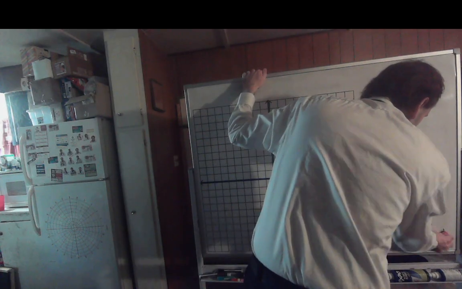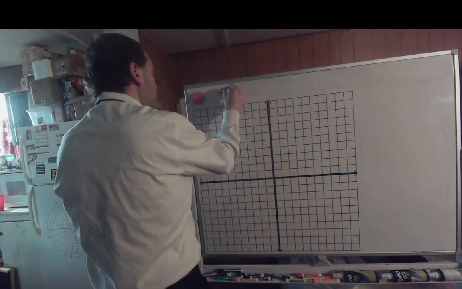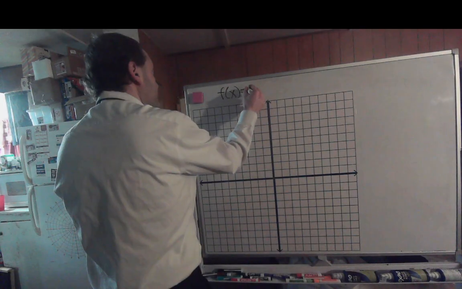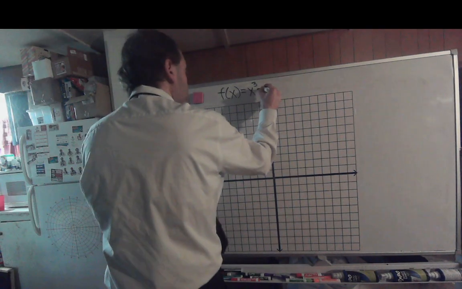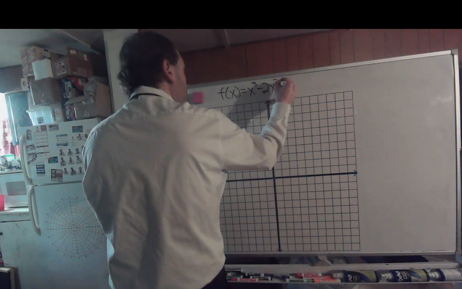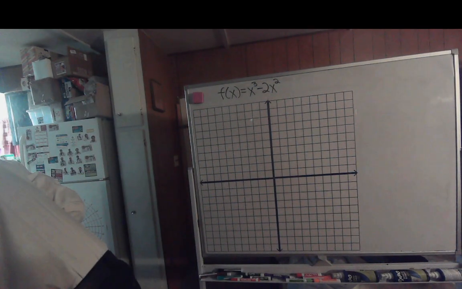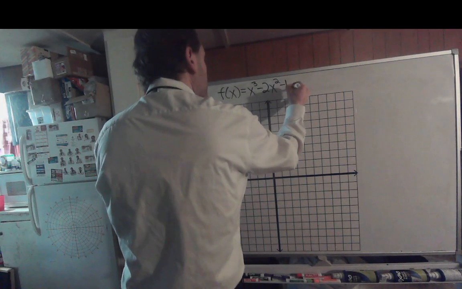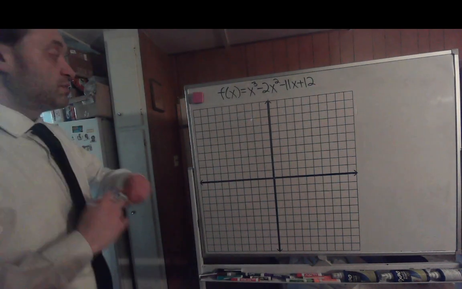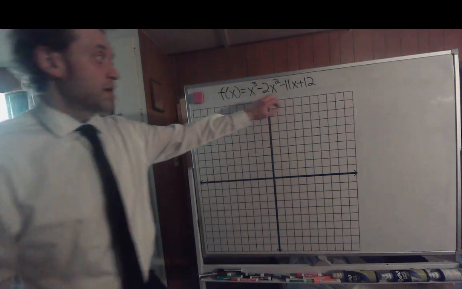All right. Now that we got that out of the way, let's go on to the next one. Let's see. f of x equals x to the third minus 2x squared minus 11x plus 12. So we have f of x equals x to the third minus 2x squared minus 11x